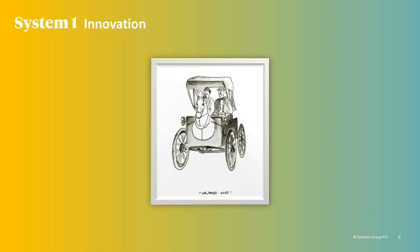The most popular cars actually scored well on both factors. They were both highly typical and highly complex. They were quick for System 1 to process, but they had enough interesting detail to attract attention. And the authors of the study actually refer to this as surprising fluency. So it's Fluent Innovation in action again. When they incorporated this into their predictive algorithm, they were able to improve the accuracy of their car sales predictions by 19%. So Fluent Innovation, this combination of surprise and also of familiarity, is vitally important